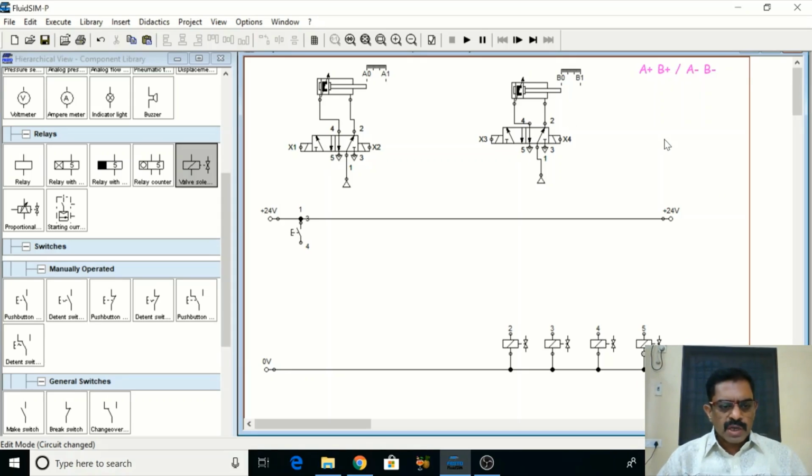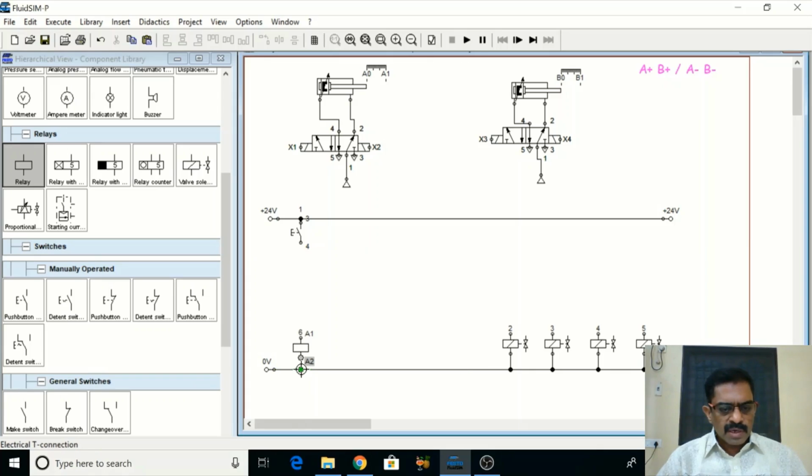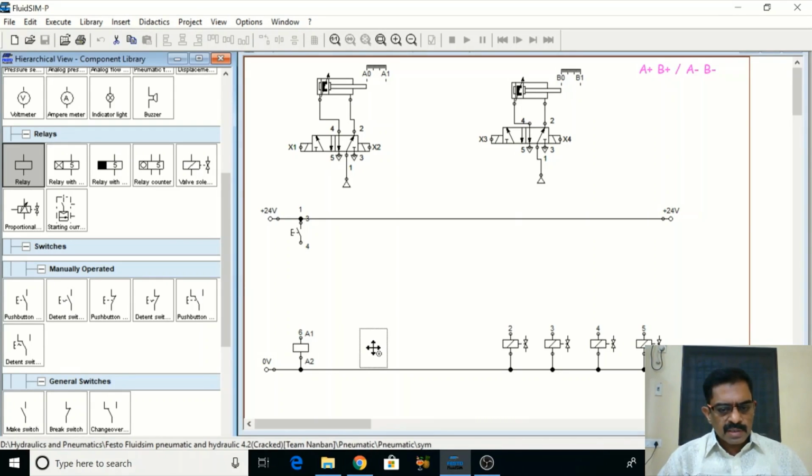For two groups I am going to have two relays. So this is my first relay, and I am going to have one more relay. Sorry, it should be a relay, so I require a relay. So this is my other relay. Two relays I require.